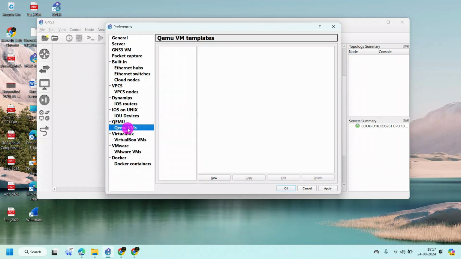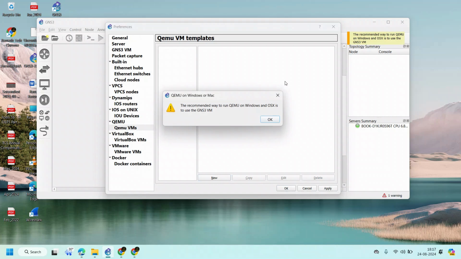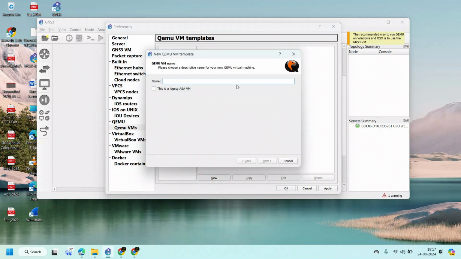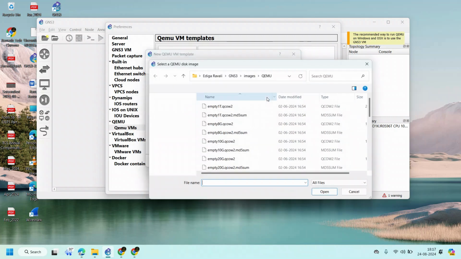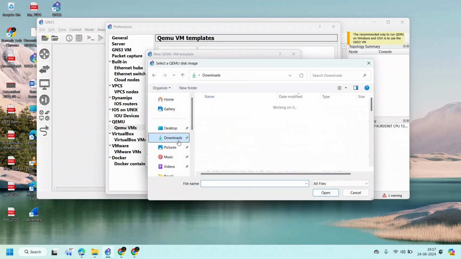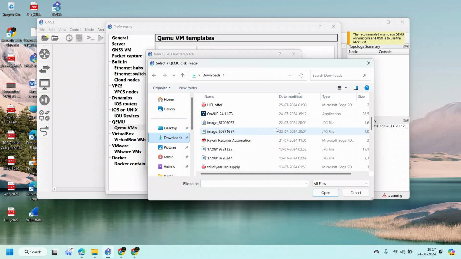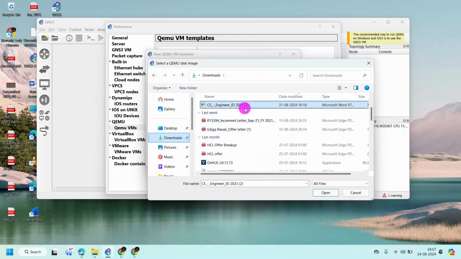And then click on QEMU VMs, and click on New, and okay, and give this the name Junos, and click on Next, and the RAM should be 256 MB only. So it's a new image, right? Just browse it. So it's downloaded. It's in the downloaded folder. Olive